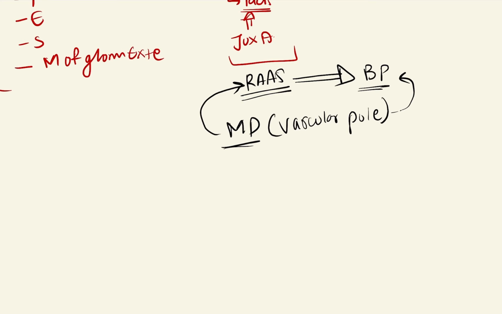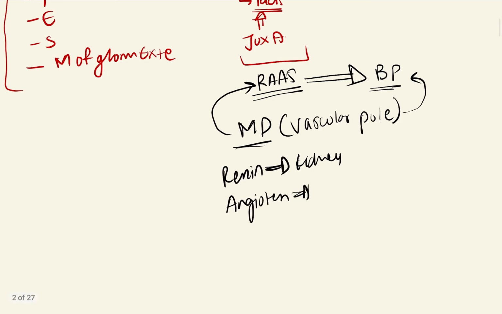Renin is present in the kidney, angiotensin is present in the liver, and ACE, angiotensin converting enzyme, is present in the lungs. So when the macula densa realizes the blood pressure is low, it secretes renin, and renin converts